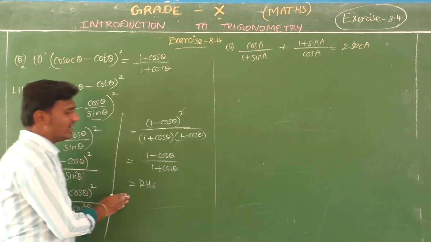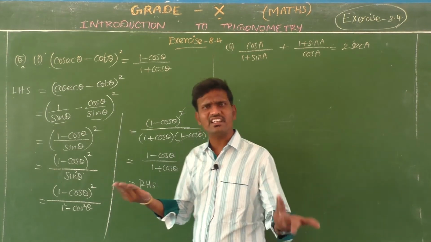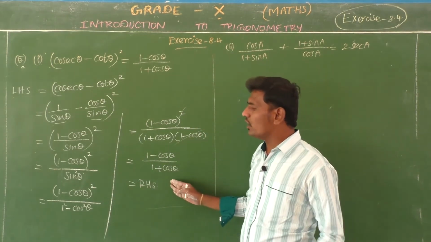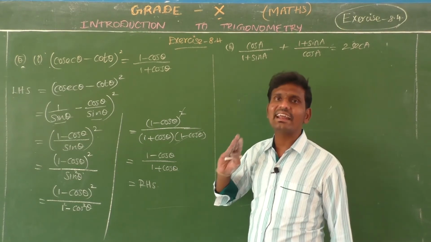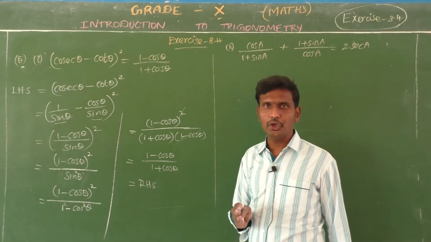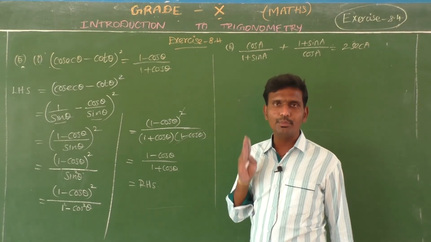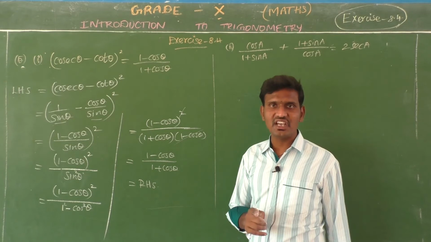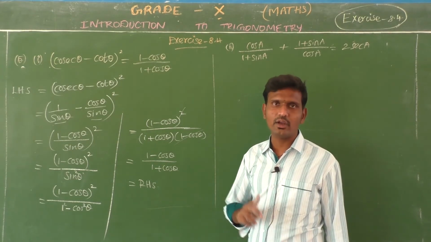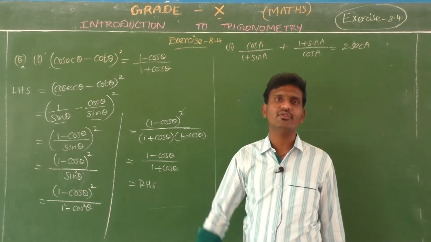Okay. So if you take the right side to the left side, that you also have to do. On the right side you have (1 minus cos theta) by (1 plus cos theta). So I am going to use the rationalizing factor. Already you know the rationalizing factor. You already prepared it in your 9th and 10th syllabus also. In the first chapter we are using the rationalizing factor. One more name for it is the conjugate factor.